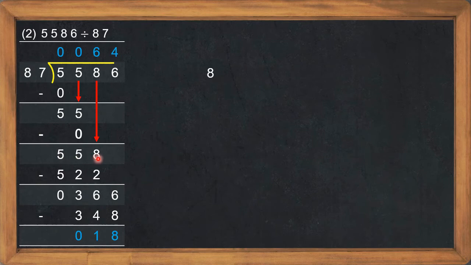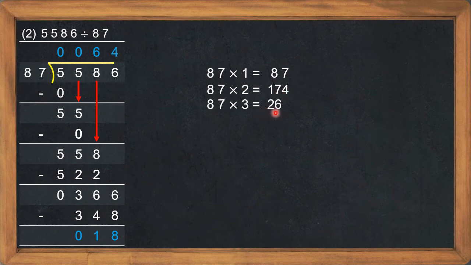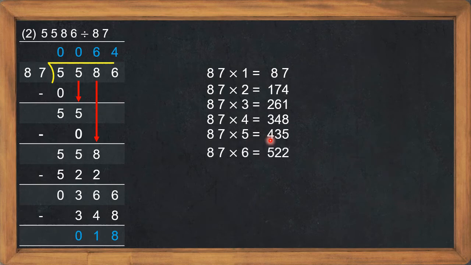So let us make the table of 87. 87 ones are 87. 87 twos are 174. 87 threes are 261. 87 fours are 348. 87 fives are 435. 87 sixes are 522. 87 sevens are